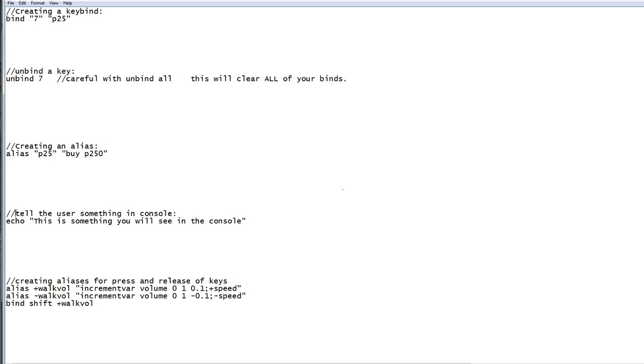You can echo things to yourself, which basically you would say echo space and then what you want to say. Whatever you put in here is going to be displayed in the console. So that's good for if you want to write like a how-to or like a list of what your keys are or your aliases, so you can say help in game and then they'll echo a list of what your